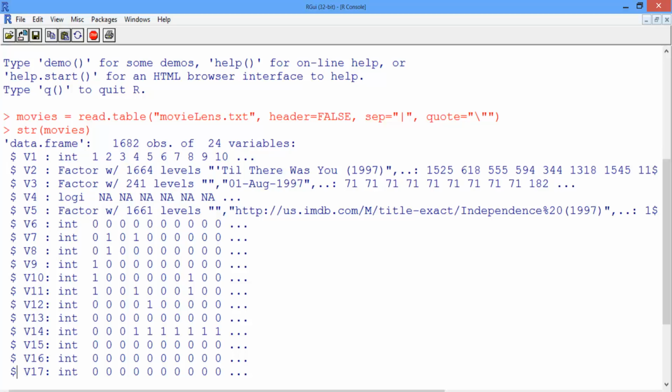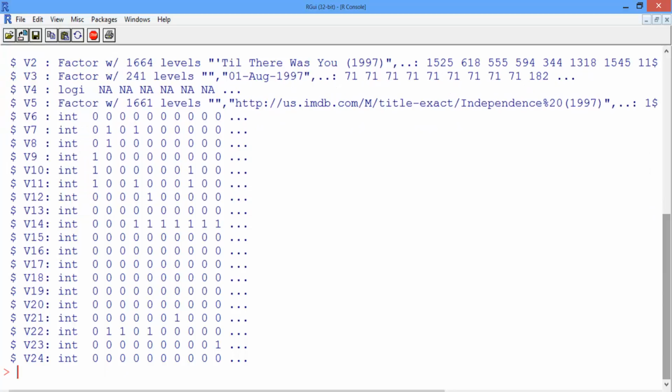But from the MovieLens documentation, we know what these variables are, so we'll go ahead and add in the column names ourselves. To do this, start by typing colnames, for column names, and then in parentheses the name of our dataset, movies, and then equals, and we'll use the c function, where we're going to list all of the variable names, each of them in double quotes, and separated by commas. So first we have ID, the ID of the movie, then title,